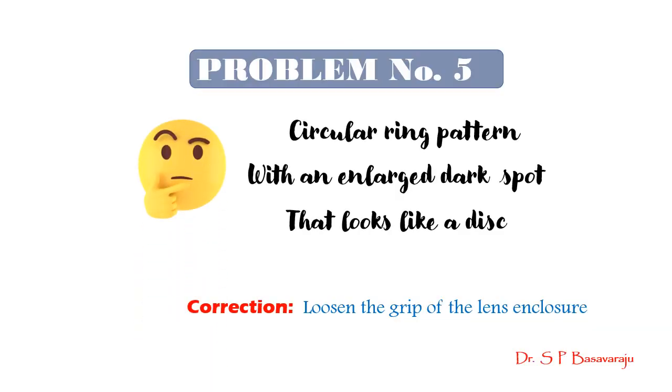After you pasted the lens on the plain glass plate inside the enclosure, you had tightened the screws a bit too much. The tight grip stresses the lens inside. Its curved back tends to get flattened. Then instead of a point contact, its contact area extends, which results in the spreading of the central dark spot into a disk. Now, since the back of the lens is no more a part of the sphere, which it is supposed to be, both the thicknesses and sizes of the rings undergo a change.